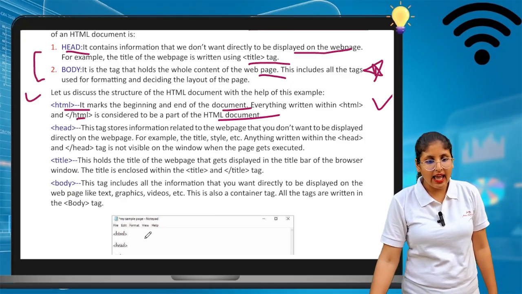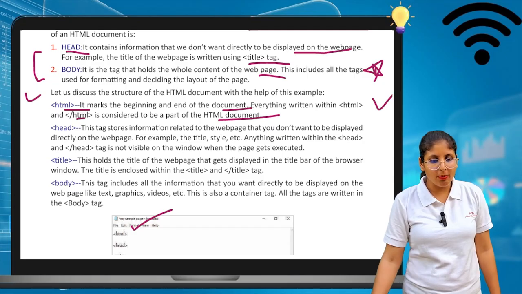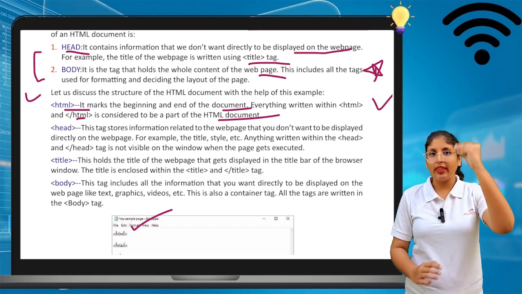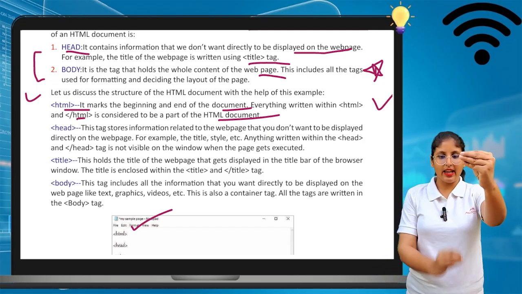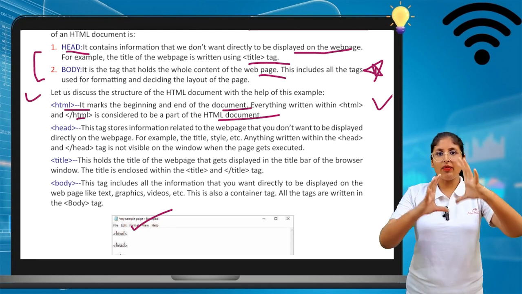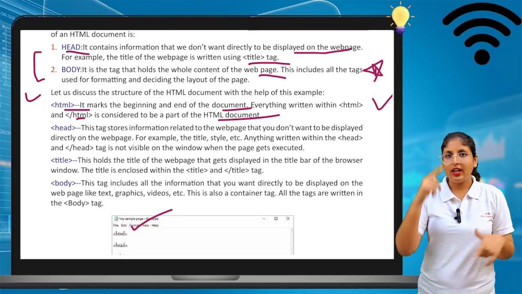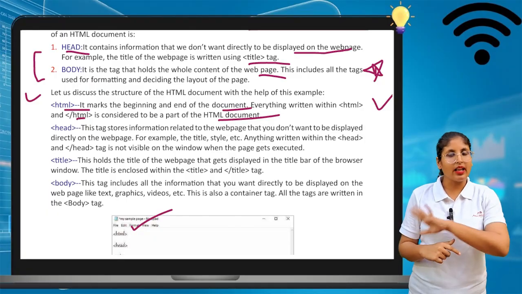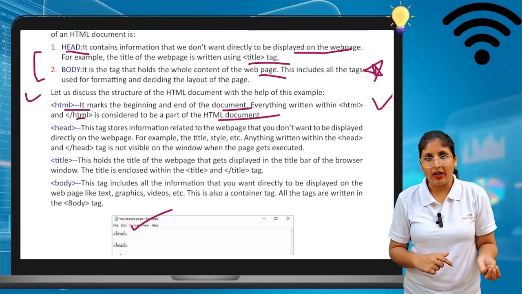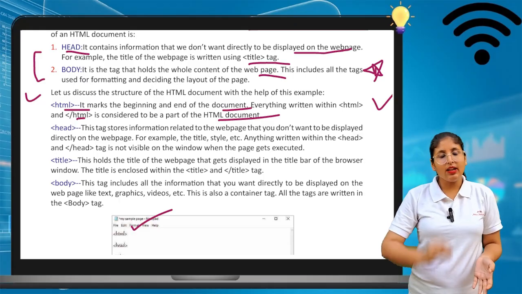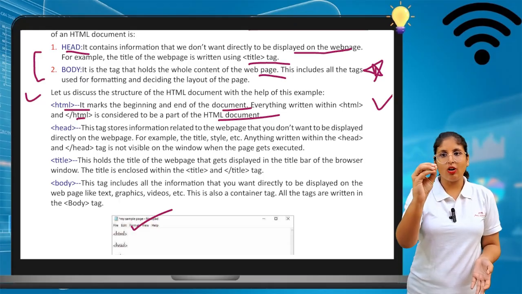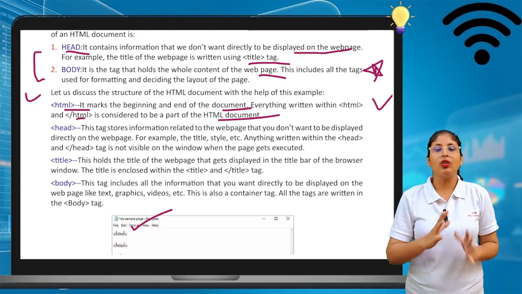At the top we write html, at the bottom we write the closing html, and in between is the HTML document. If the opening and closing tags are not there, then we cannot create an HTML document. Only if html is written on the opening side and the closing side can we say this is the